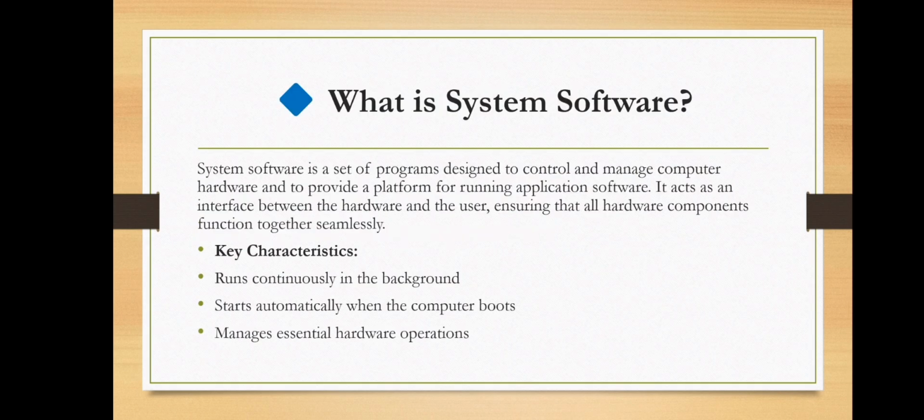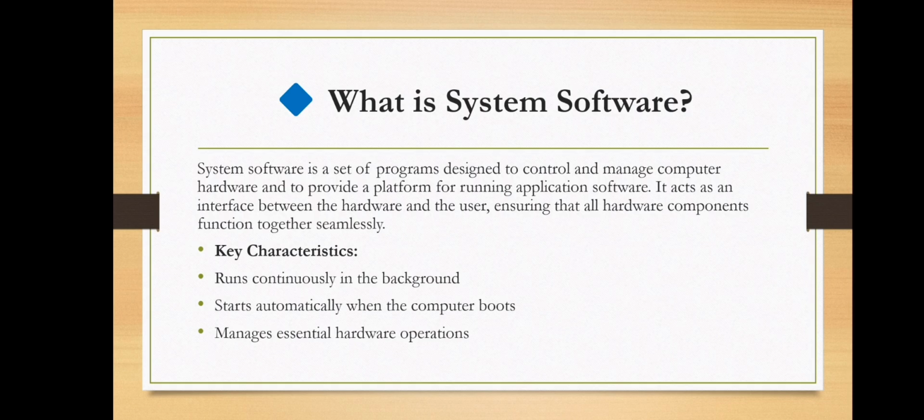Now, what is a system software? System software is a set of programs designed to control and manage computer hardware. So there are some programs or a set of programs which is designed to manage the computer hardware and to provide a platform for running application software. It acts as an interface between the hardware and the user, ensuring that all hardware components function